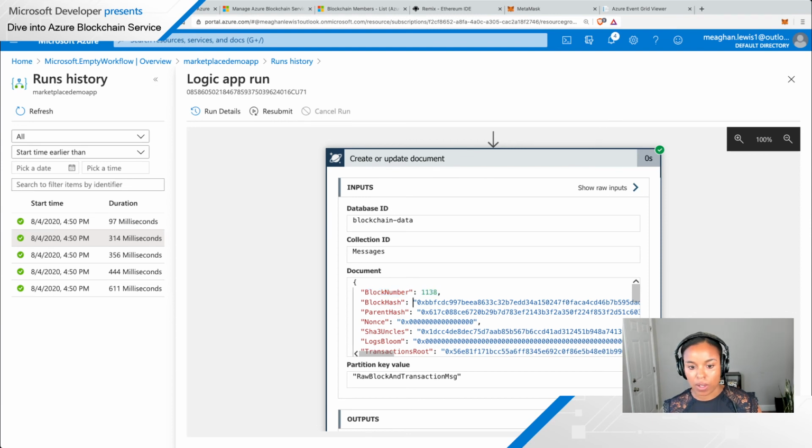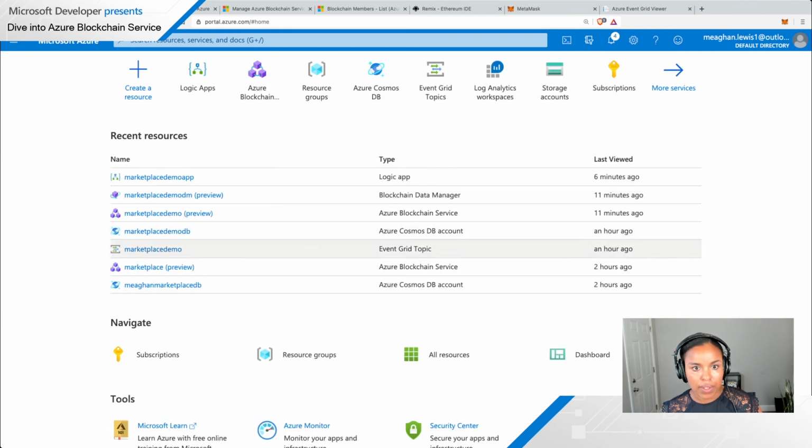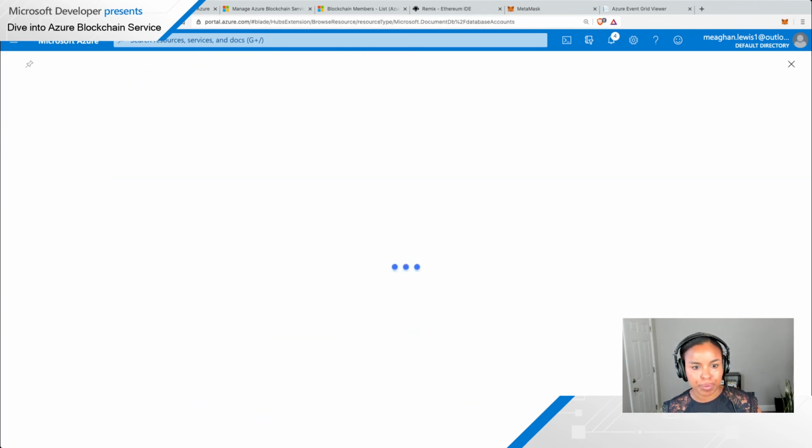And I see all of the information about that here. It's a little tight to see, but that's okay. I'll also show it in Cosmos DB. So if I go home and let's go over to Cosmos DB,